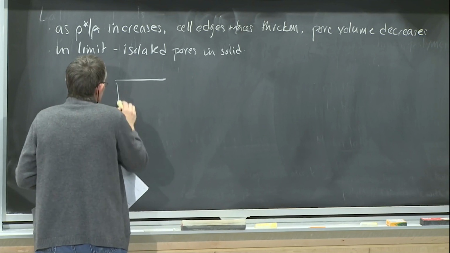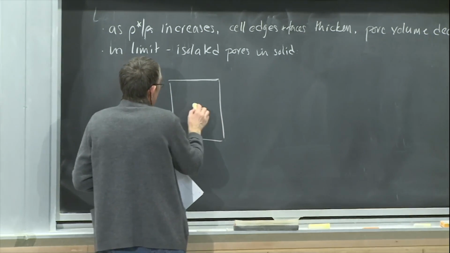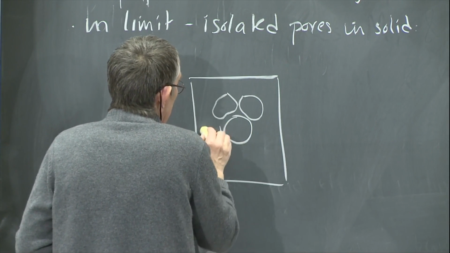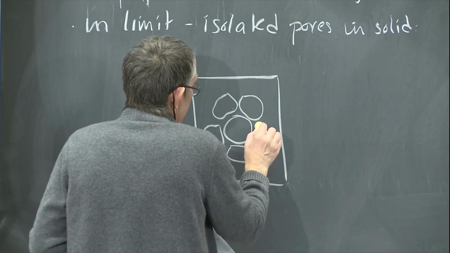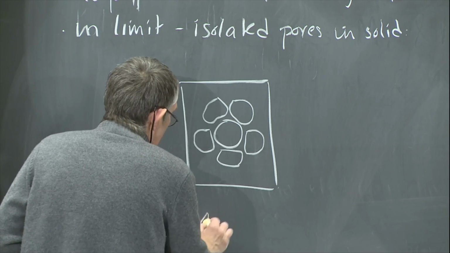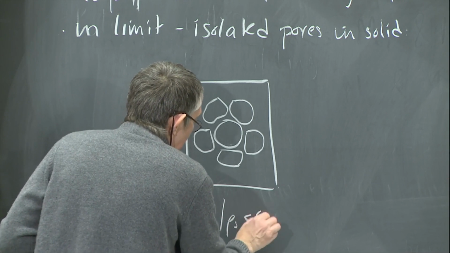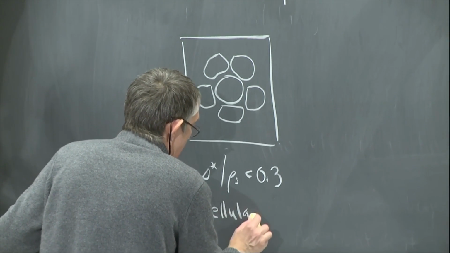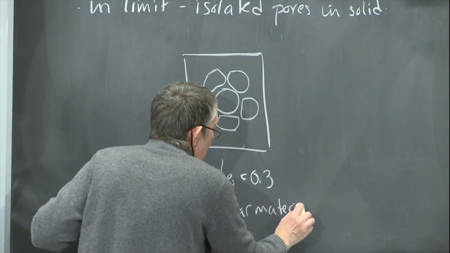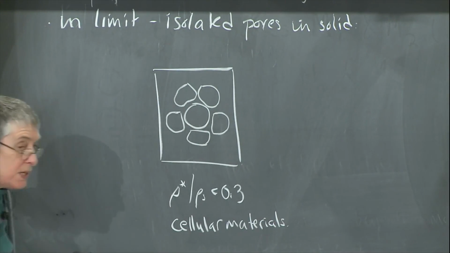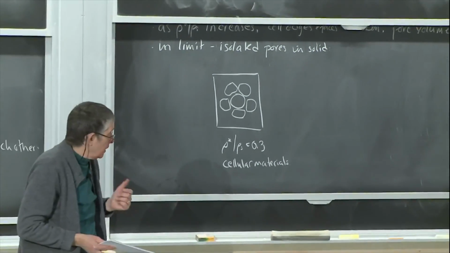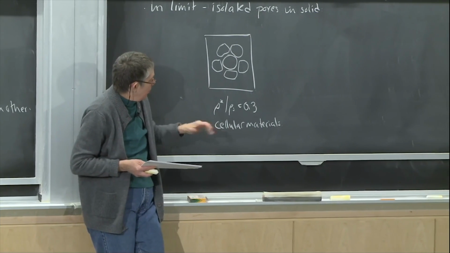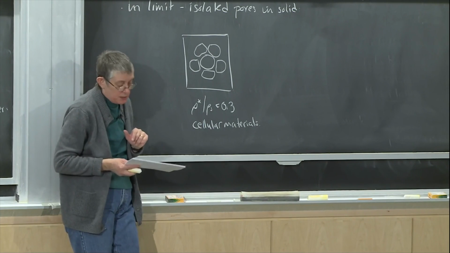So if I have a unit square of material, if it's a cellular material, you might expect that you've got pores that would look like this, and relatively thin cell walls relative to the length of the material. And for a cellular material, typically the relative density is less than about 0.3. And when we come to the modeling for the honeycombs and the foams, we're going to see that the cell walls deform in many cases by bending, and that you can model the deformation by modeling the bending. And the bending dominates the behavior if this density is less than about that.